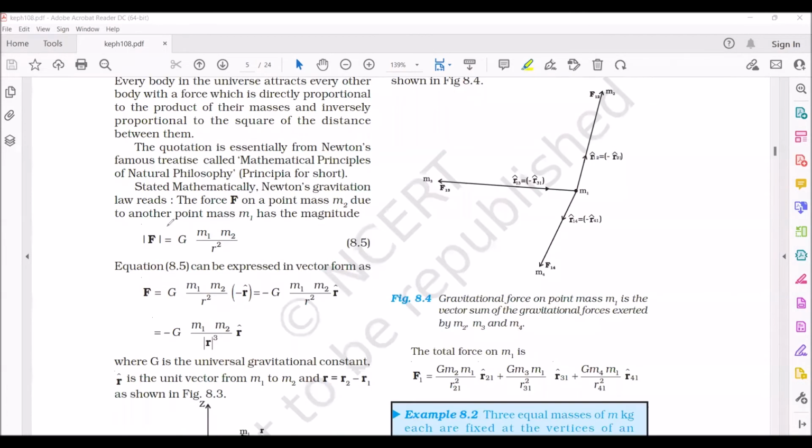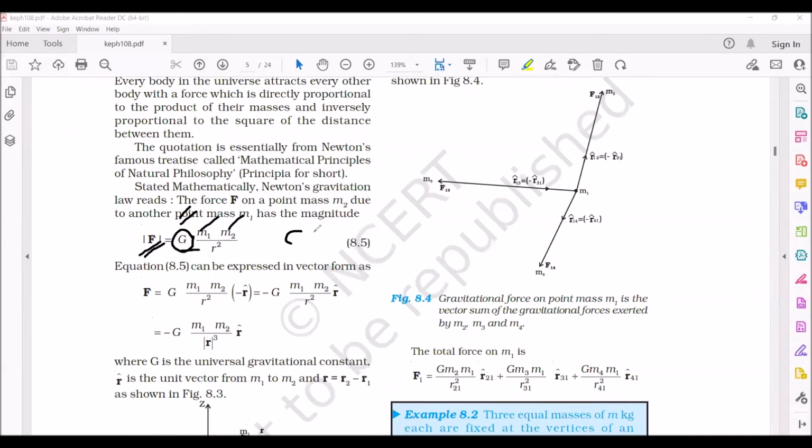Now we are explaining the gravitation force. The gravitation force equation is F is equal to G into m1 m2 by r square, where capital G is the gravitation constant, which we also call the universal gravitation constant because it is applicable everywhere in this universe. M1 and M2 are the masses of the two objects between